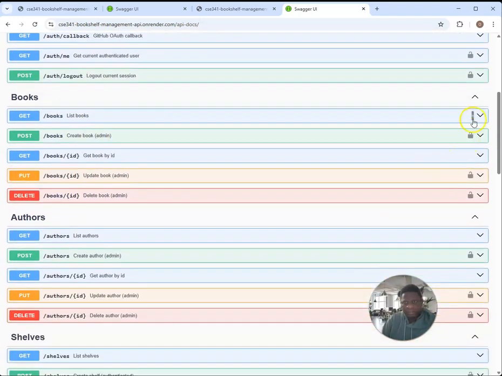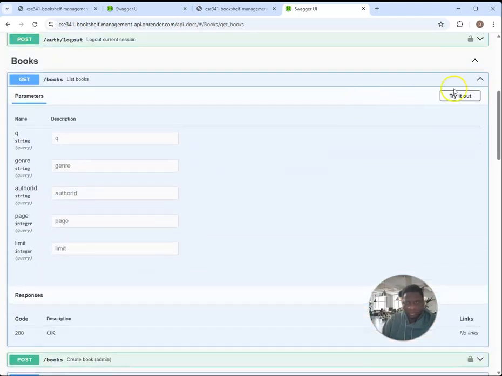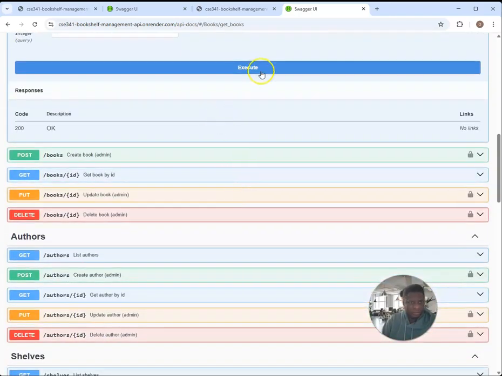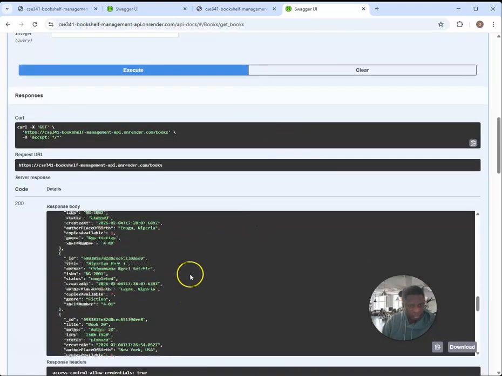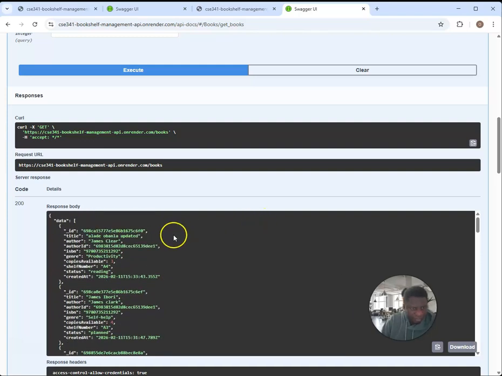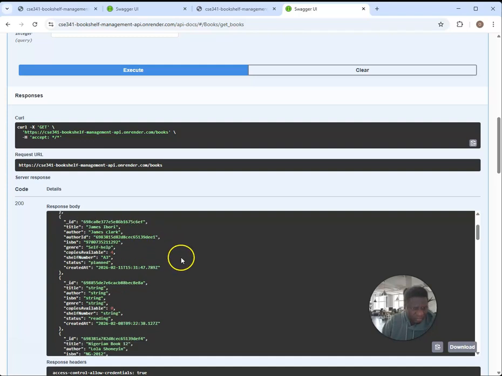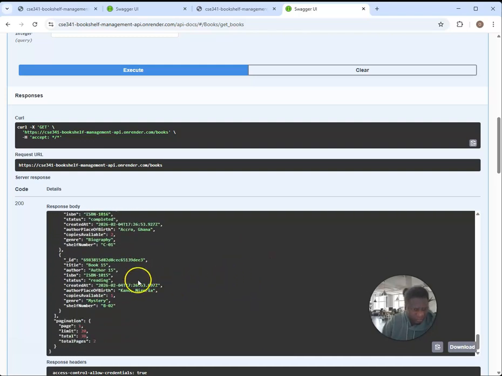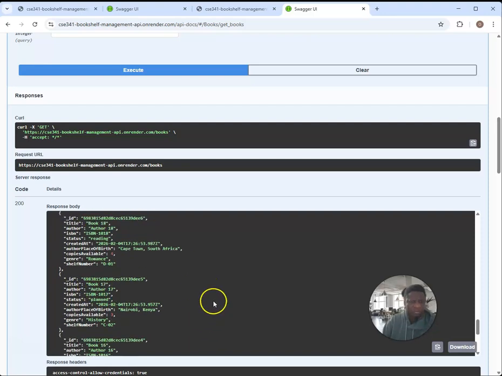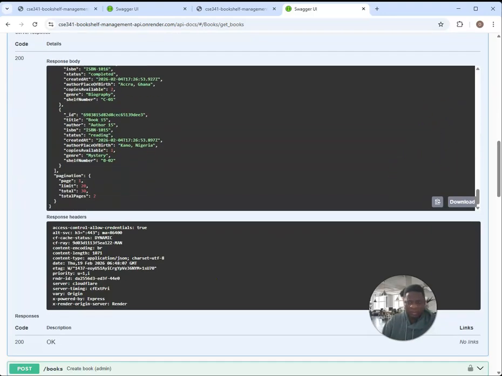book. Let's see all the endpoints first. Try it out and see if it will display all the seeded books. As you can see, we have a list of books that is already seeded. The first one we have is Alade Obanla updated, and the last one we have here is book 15. And let's see other